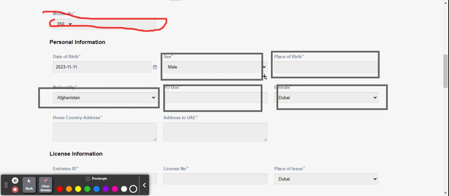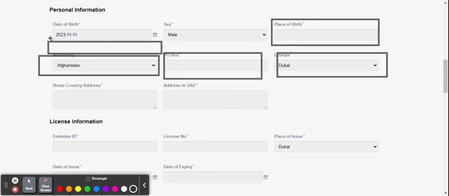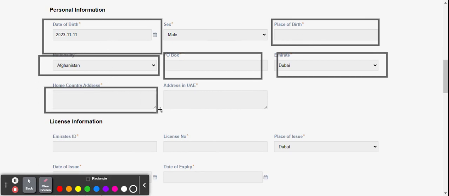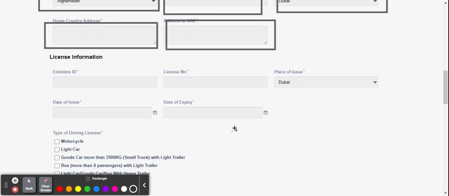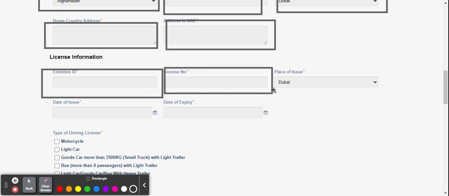Family, male, fixed. And it became data clean. Please, this is the data part here. Home country address. And so you have to fill this form in this way, where there is a trust, where you are living. You have to put the license number in the information of the license. It has happened from here, so it is also Abu Dhabi.